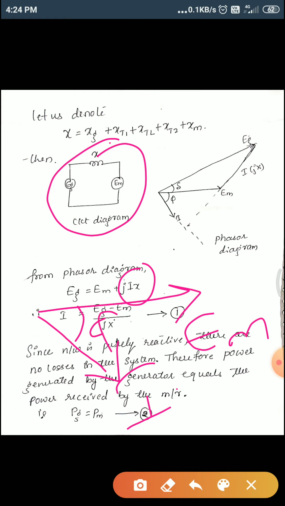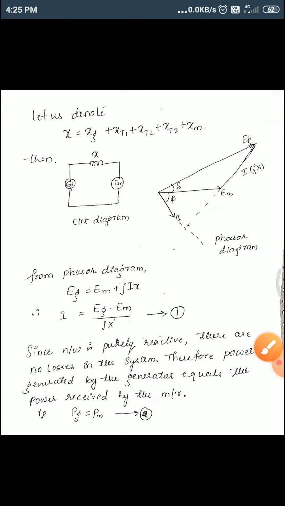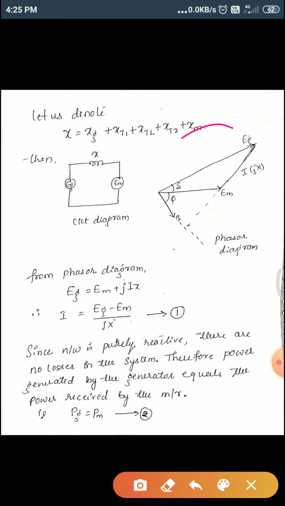Now we have to take the voltage drop across this. For this, a perpendicular line has to be drawn and indicated on the diagram. Then the vector addition of Em and Ix is your Ez. That is nothing but your Ez, right? This is what we have shown here. So Em, Ix, Ez, and this is the angle delta.